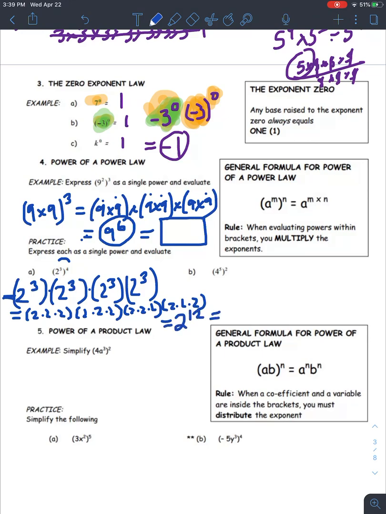I can do this one in my head. 2, 4, 8, 16, 32, 64, 128, 256, 512, 1024, 2048, 4096. You guys can double check that for me. There you go. And this one I'm just going to go straight to the